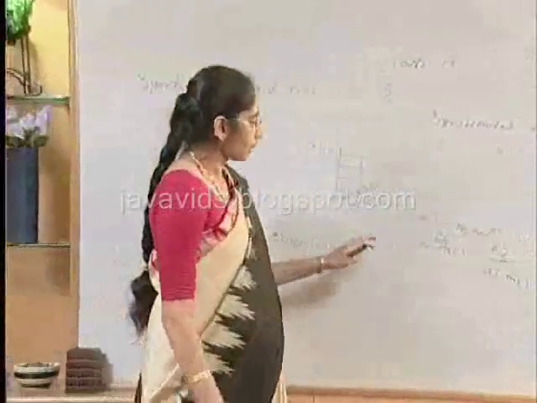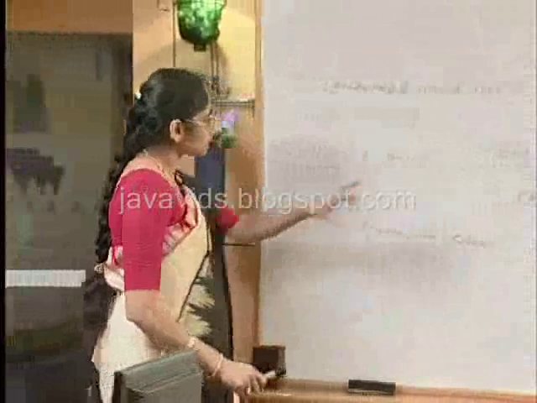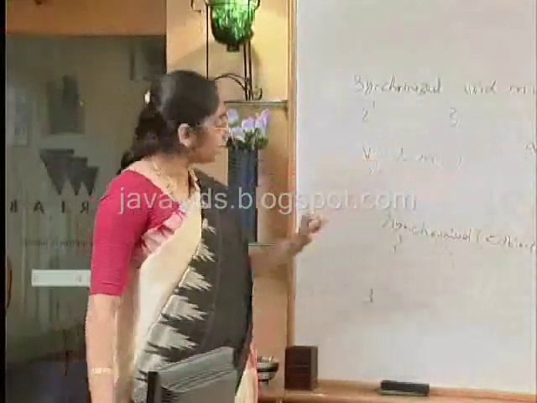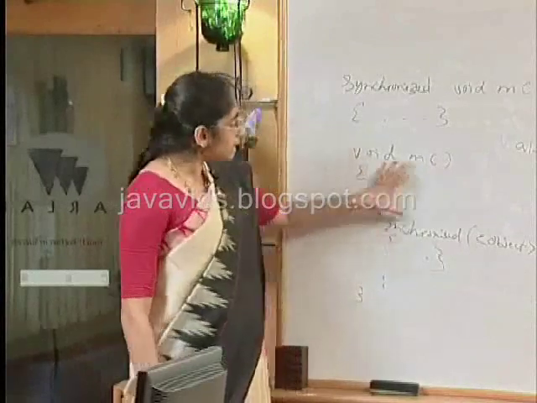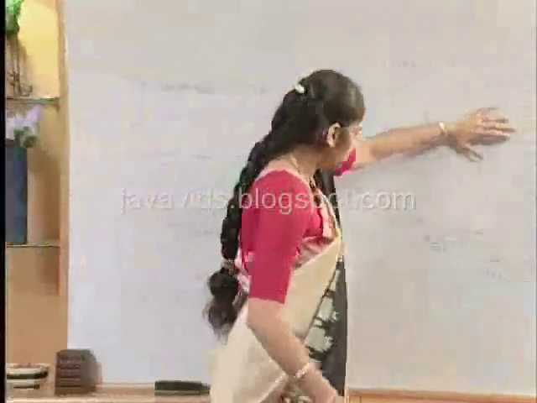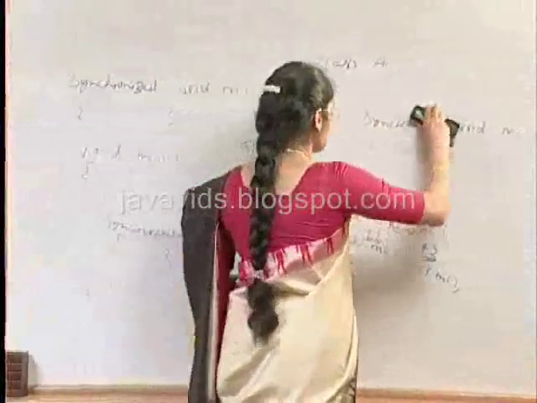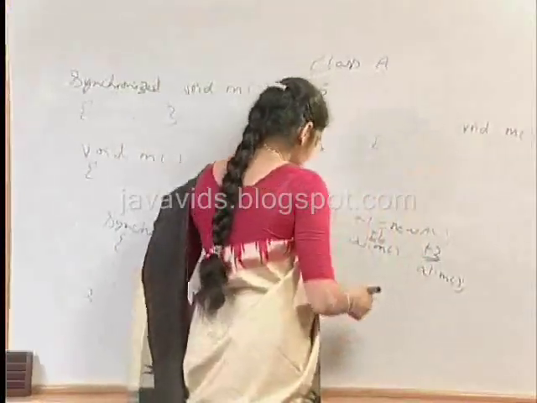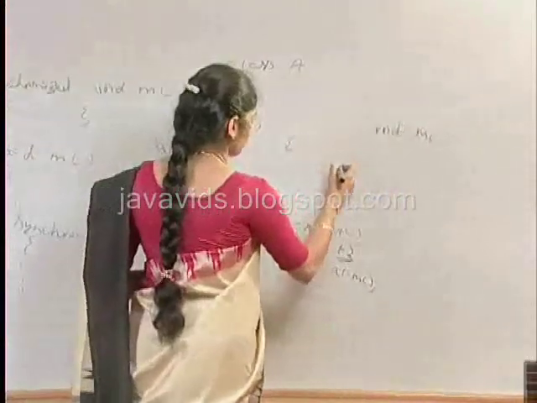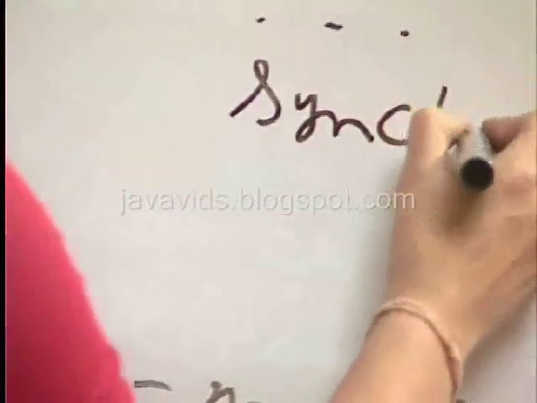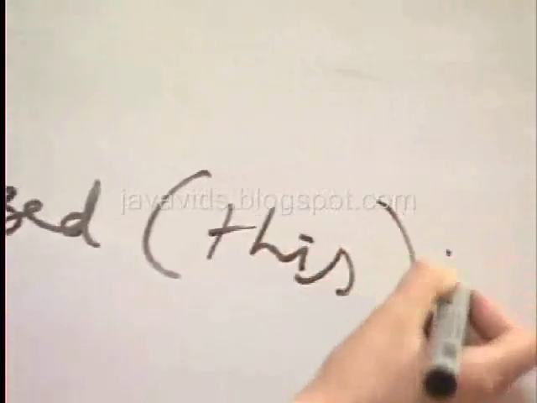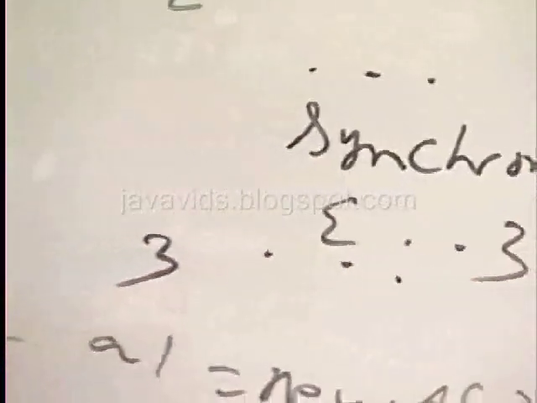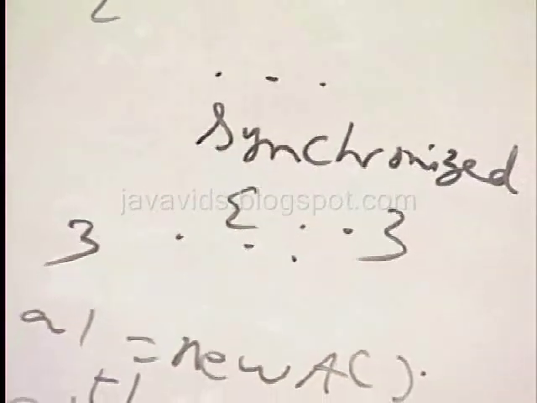Now, how is synchronized against a method different from synchronized as a block? Now let's assume instead of synchronized being specified here against a method, I specify it as a block inside here. Now in this case what happens is, synchronized as a block,